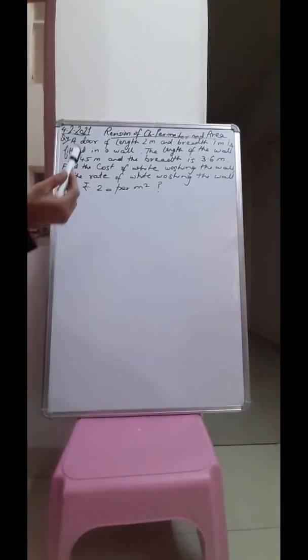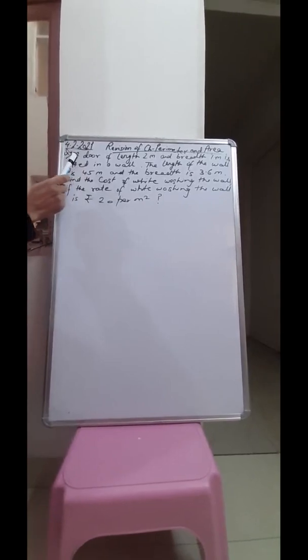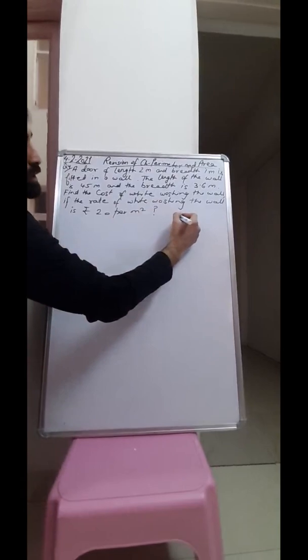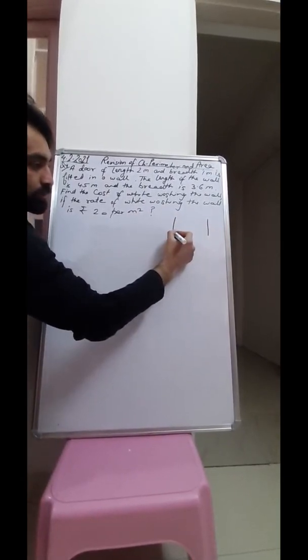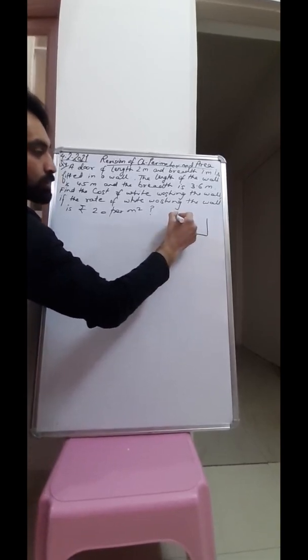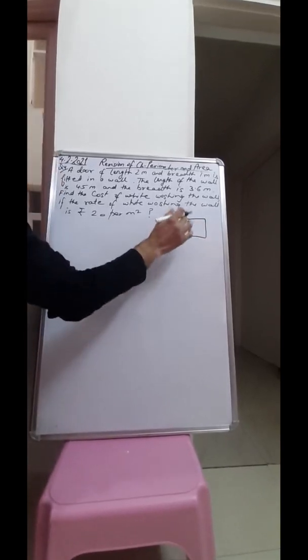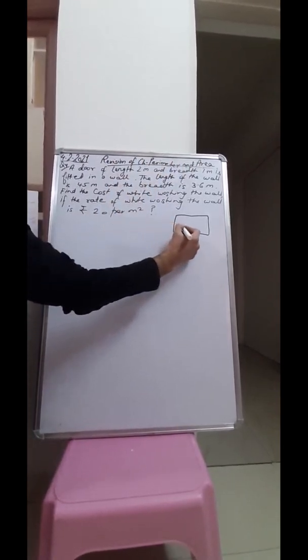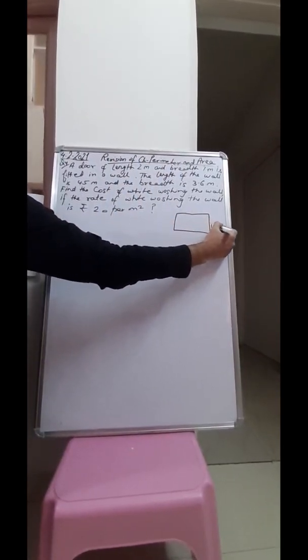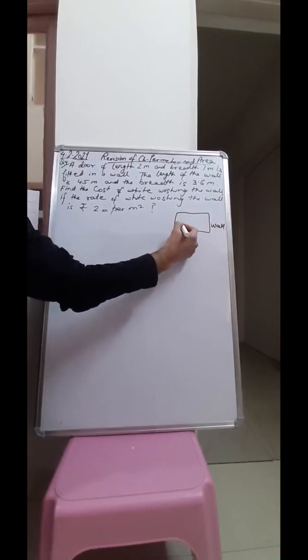Now students, question number 4: a door of length 2 meter and breadth 1 meter is fitted in a wall. So here in this question we have a wall, and in this wall we are going to fit a door of length 2 meter and breadth 1 meter. So this is a wall, and in this wall we are going to fit a door